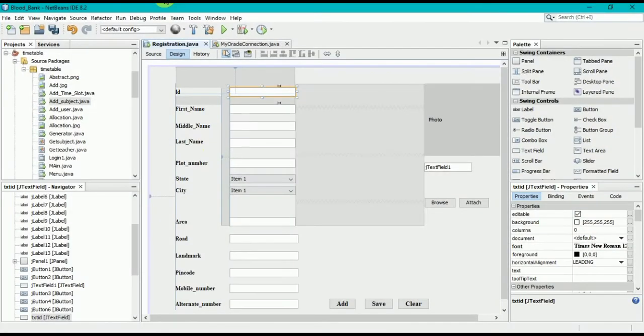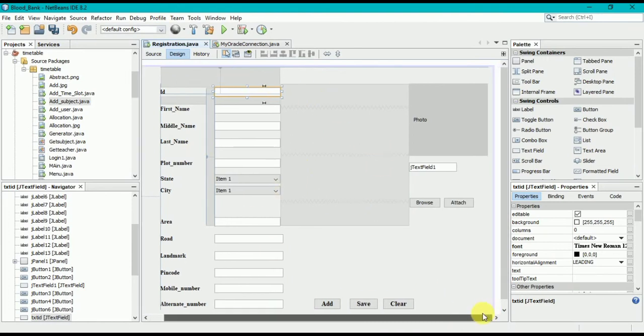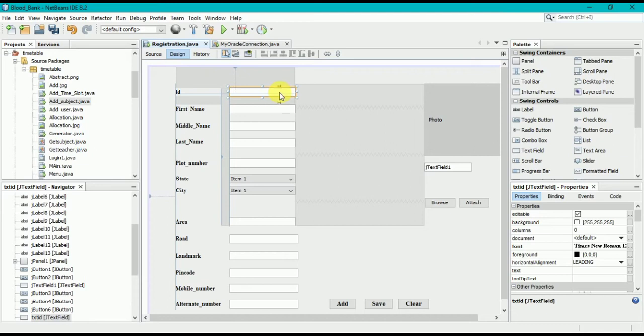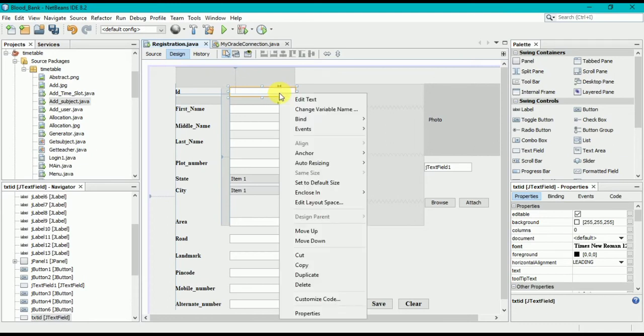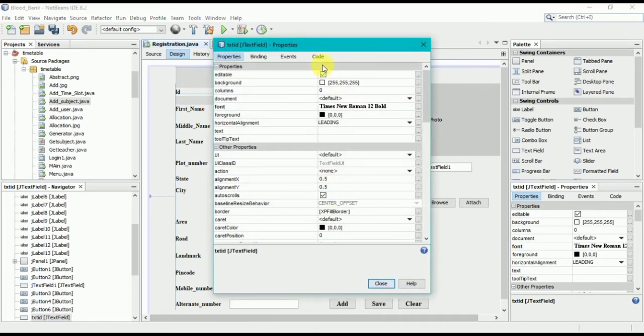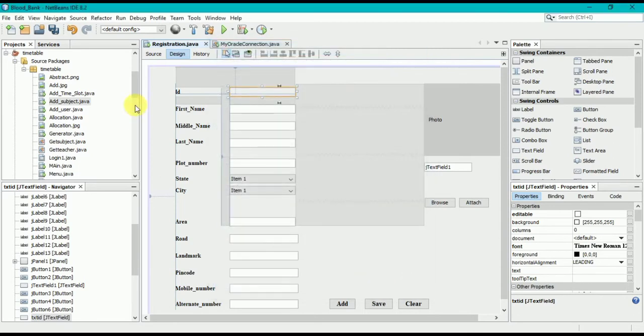Another thing, I'm going to show you my design. I have designed it this way. This is a text box where we are going to display our ID, which is going to be generated automatically. For that we have to change the format from editable to non-editable.